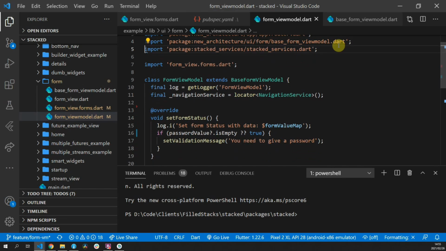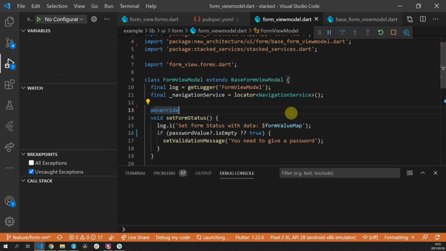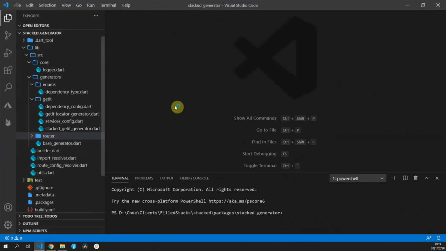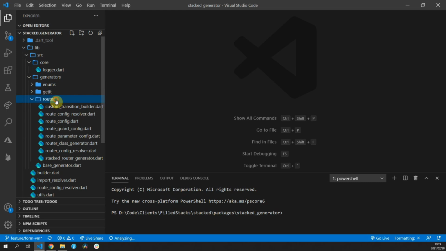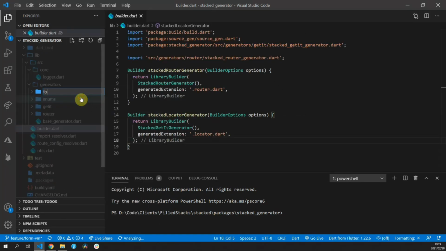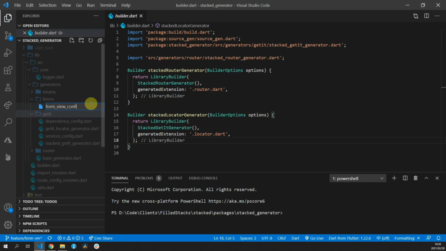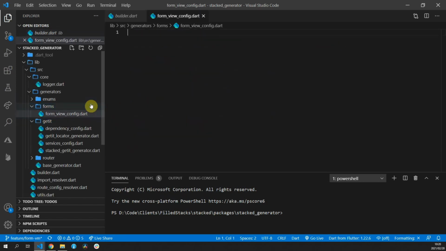And that basically completed what I want the stacked package to generate for the developer when they define the form view annotation. So now it's time to actually build the generator for the stacked generator. I created a new folder called forms, and when I write a generator, I usually start by parsing the config